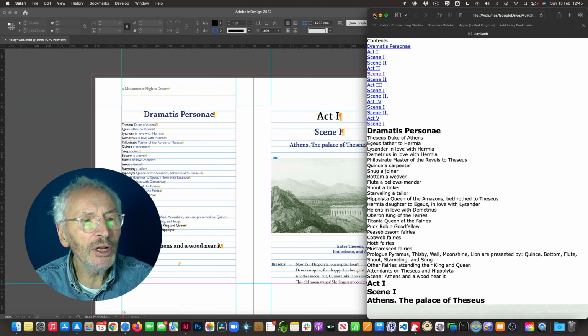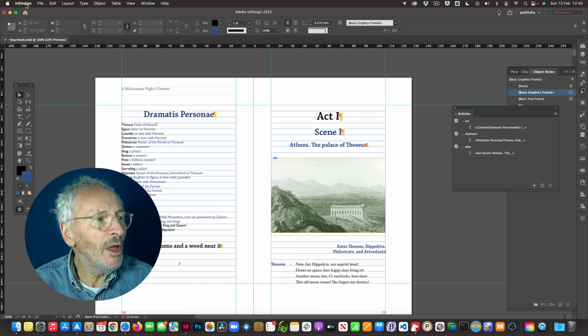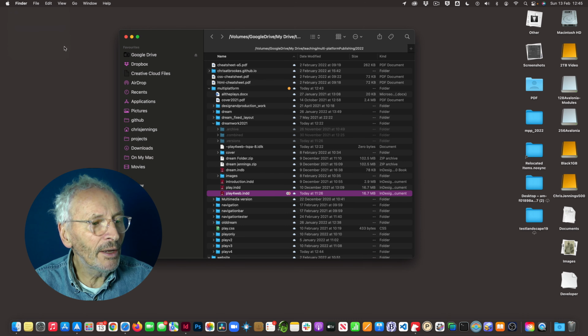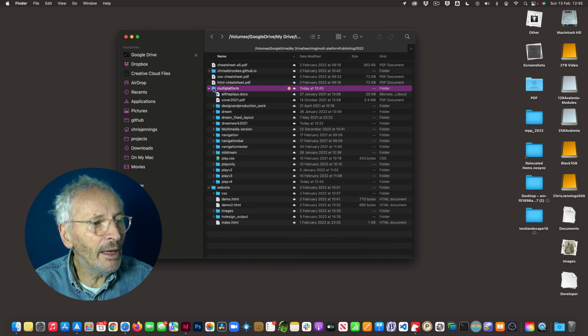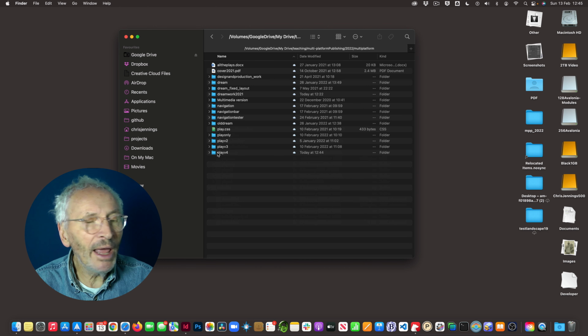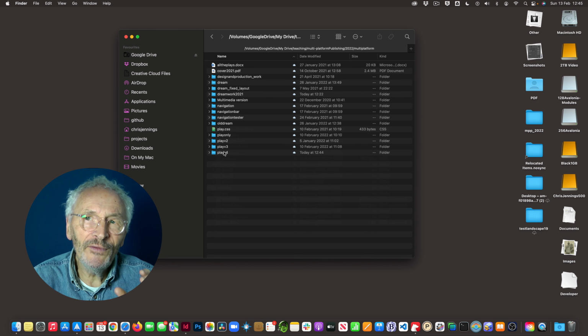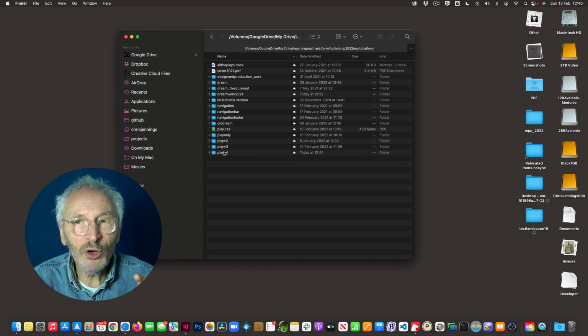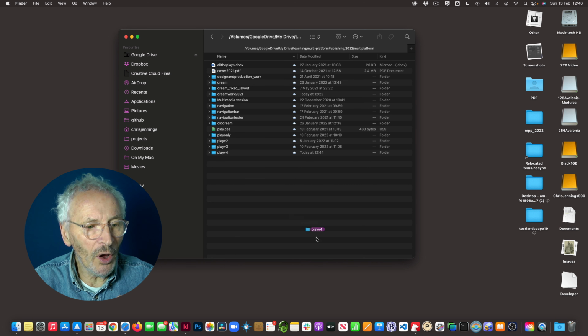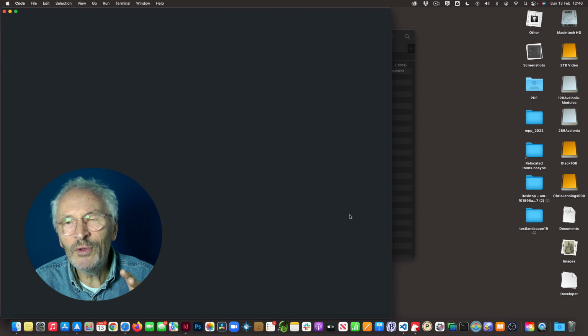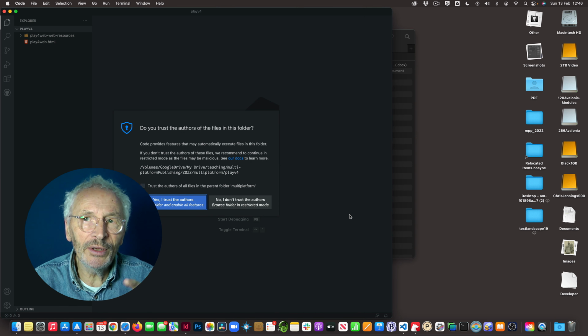Okay, so we can actually just close that down now, because what I'm planning to do now is hide my InDesign. I don't need to look at that now, but what I need to do now is to go to where I'm working in my folder, and I'm looking for Play version 4. So it's very important, just to reiterate this, making sure that you create a folder especially for this export means that that is one isolated project which I can now open in VS Code by dragging that folder onto my VS Code icon. Or if you prefer, you can actually just go to VS Code and say open folder